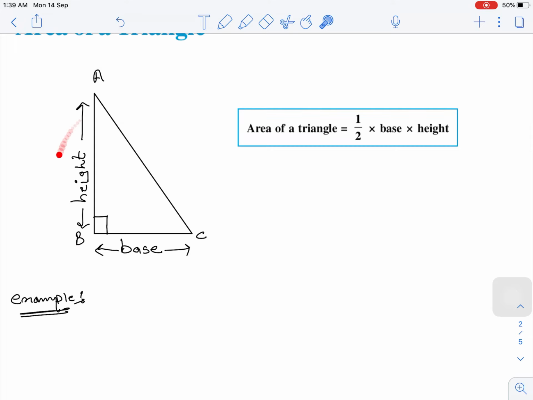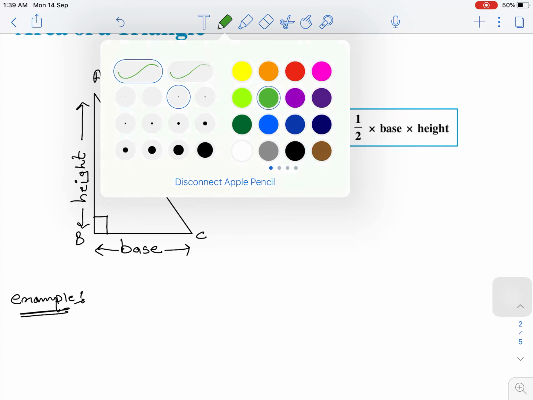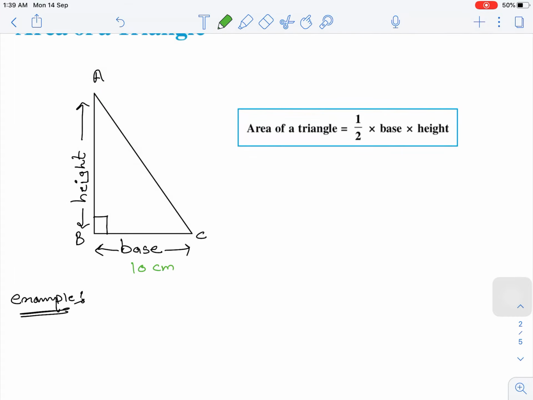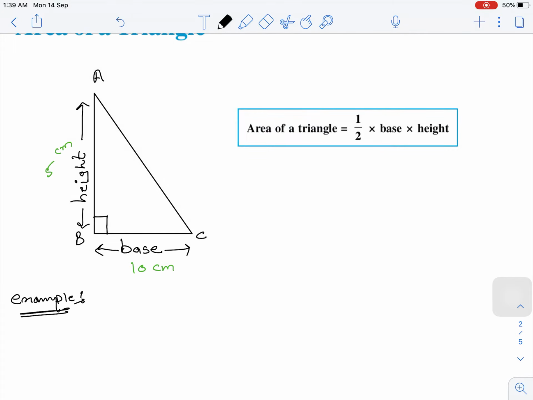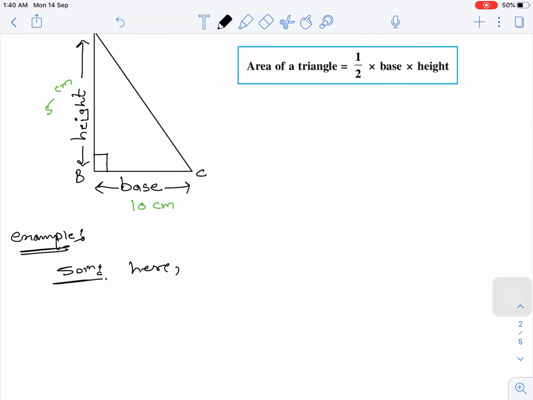Suppose for this given triangle, the value of base is 10 centimeter and height is 5 centimeter. Then how will you find the area of the triangle? Solution here. First we will write what is base and what is height. So base equals 10 centimeter, height equals 5 centimeter. Therefore, area of a triangle,